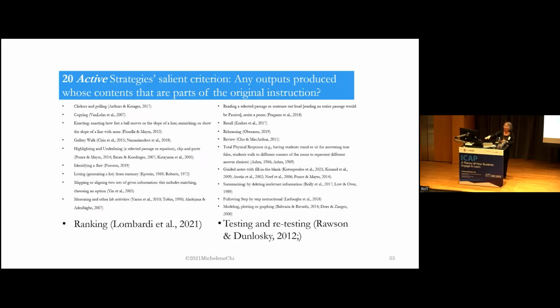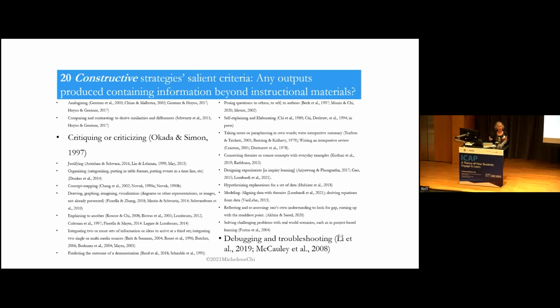So we've got 20 activities here. With this criteria, these are all active ones. For example, I just made it bigger, you can read a ranking. There's an activity called rankings, rank all kinds of stuff, testing and retesting. So these are all active activities that you can pick and choose, right, based on the ICAP mode. These are the kind of things we're going to put on our website when we are ready. Or there are lots of constructive strategies. Again, you can pick and choose which one you want to use. You could be critiquing something, or debugging, troubleshooting. So once you know, you can pick it based on the ICAP mode.